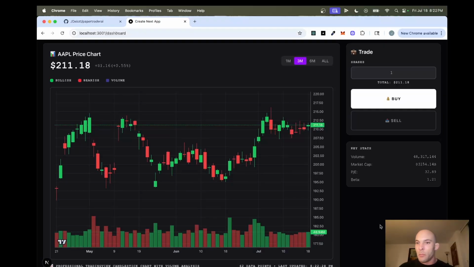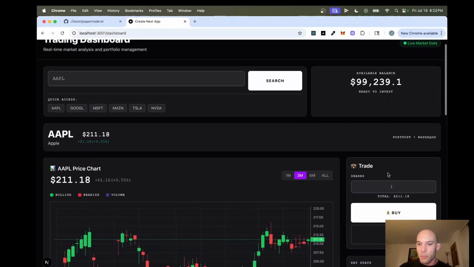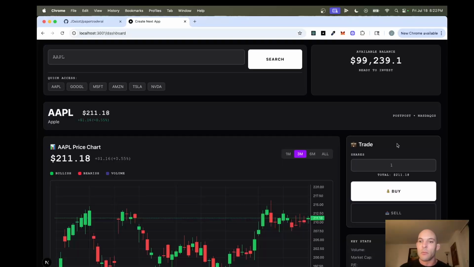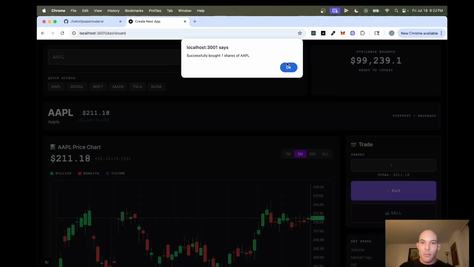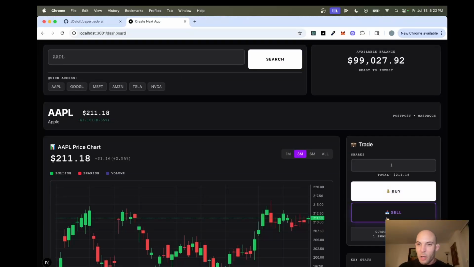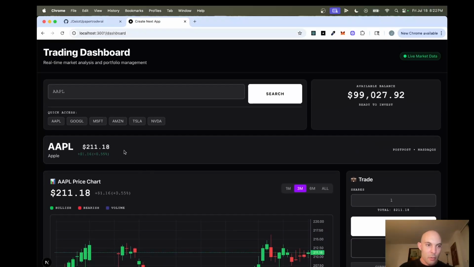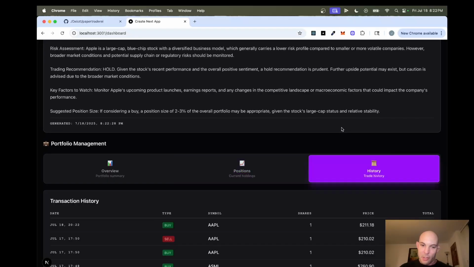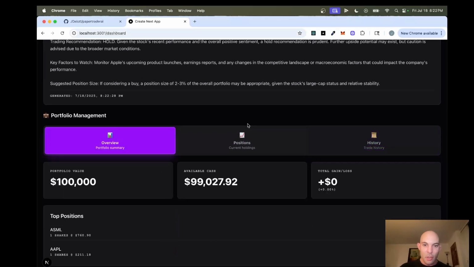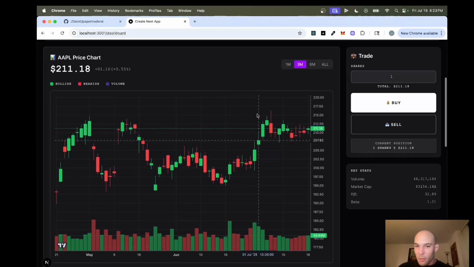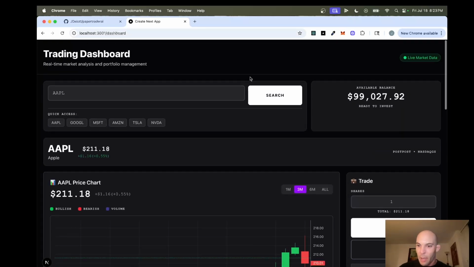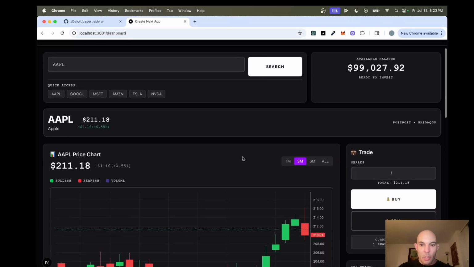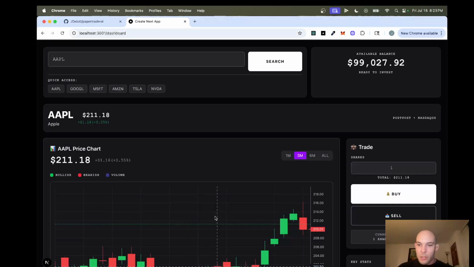Oh, and you can also do these little rinky-dink buy and sell, and then you can see your positions here and you can see your history here. So there's a little bit of user tracking and history happening here. But ultimately, I'm just getting a lot of the basic building blocks in place for this